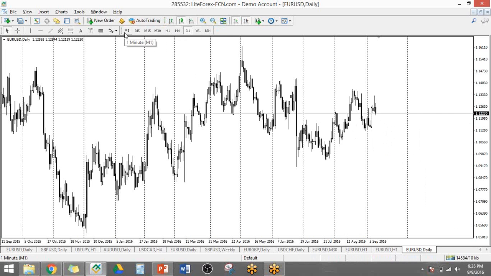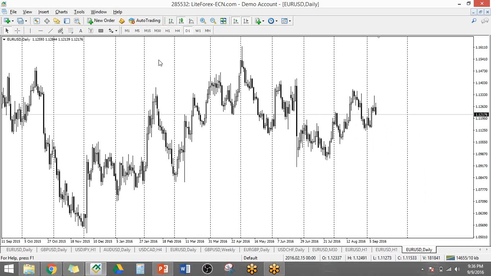These candlesticks, or rather time frames, are very important, because they define what type of trader you are. What do you mean? There are basically three types of traders. You have short-term traders, or scalpers, or intraday traders. These are traders that go in and go out of the market in a couple of minutes, in a couple of hours, or within the day. Those are day traders, intraday traders.